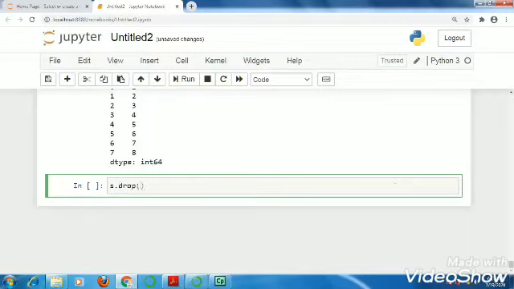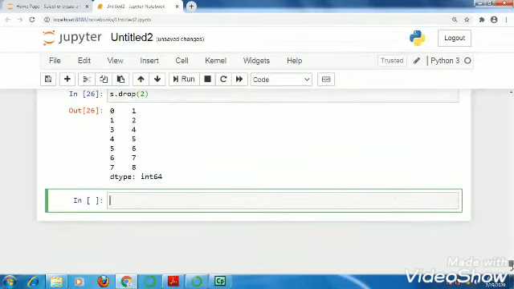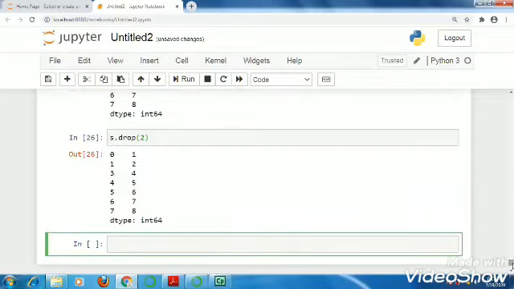If we use any function on an object, we write the name of the object, then a dot, then the function, and then we provide the desired value. Suppose here I want to drop the index 2, so it will give me the result with indexes 0, 1, 3, 4, 5, 6, 7 and their respective values.